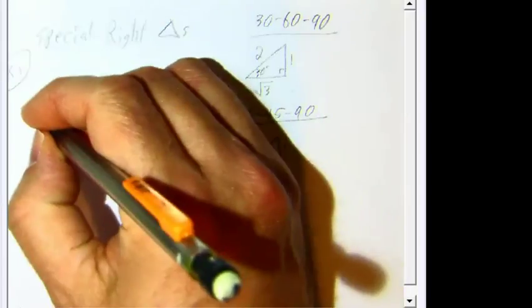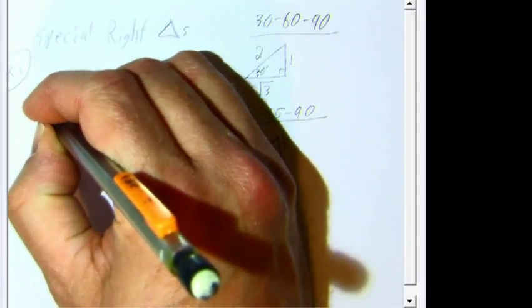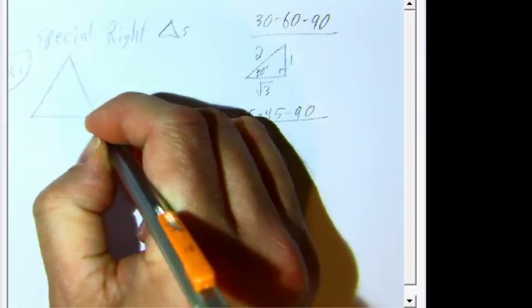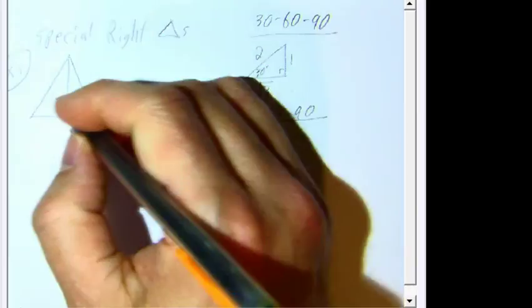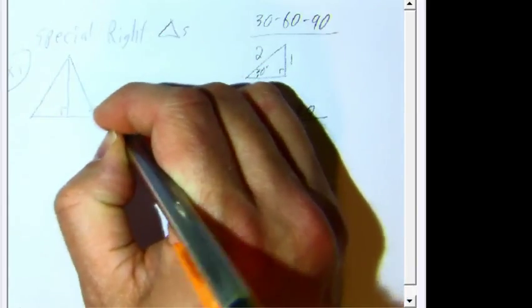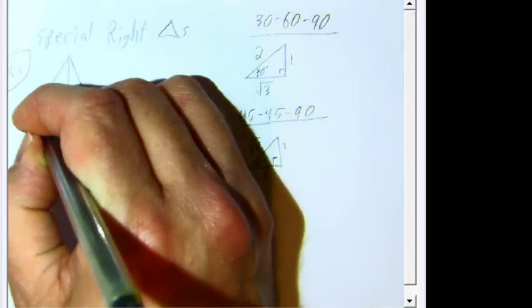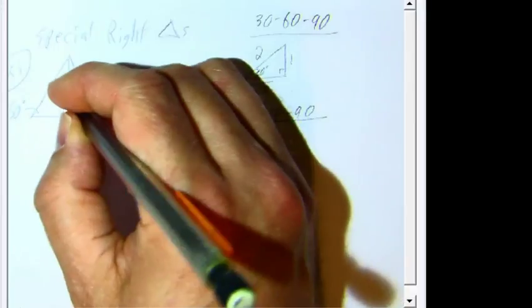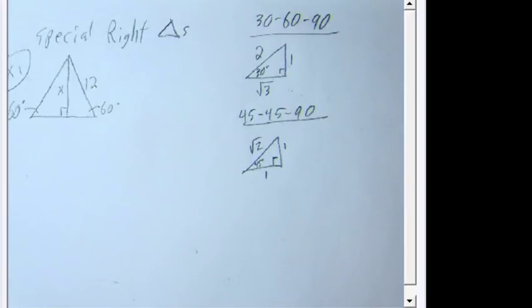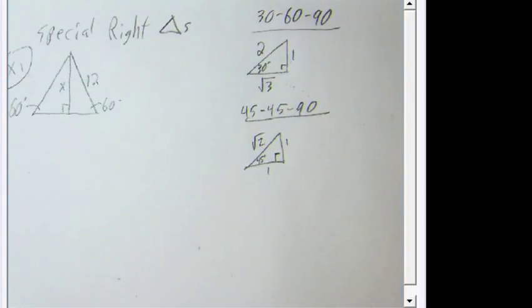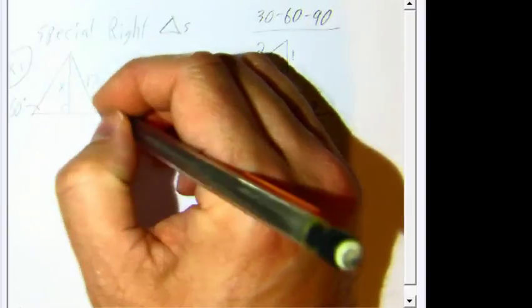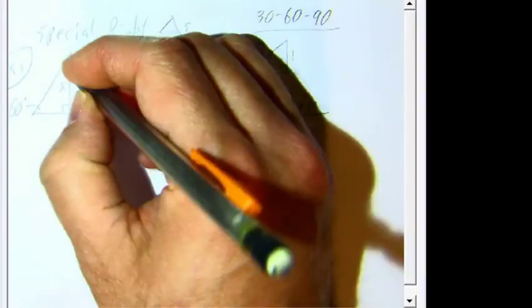And then here, let's do a quick example. So we have a triangle here. This is 60 degrees, and this is also 60 degrees. This will be 12, and this will be x. All right, so we find our other angle real quick. This is 90, this is 60, which makes this one